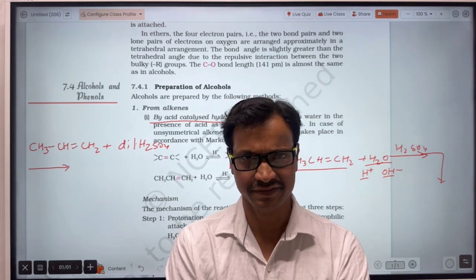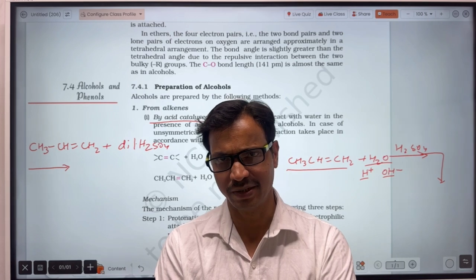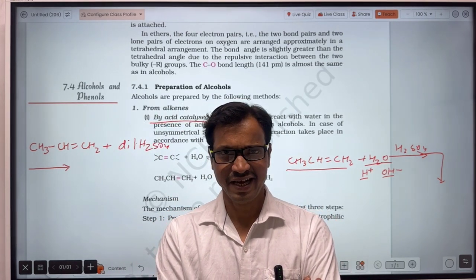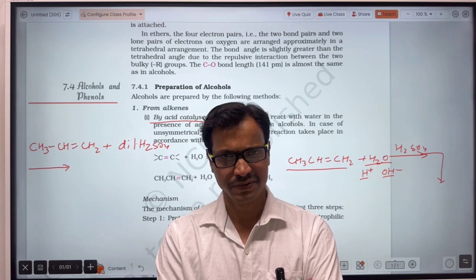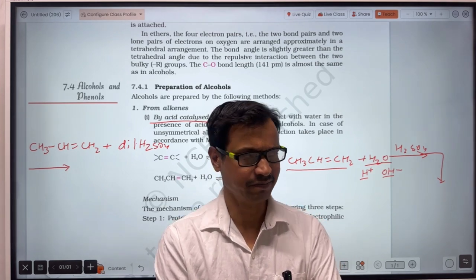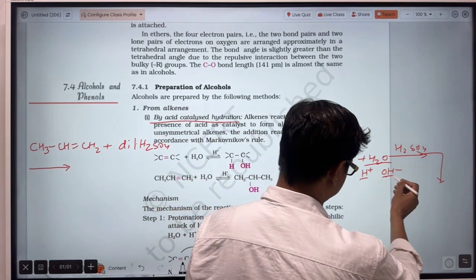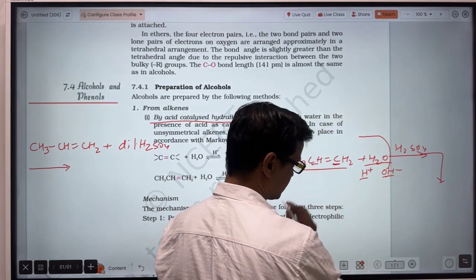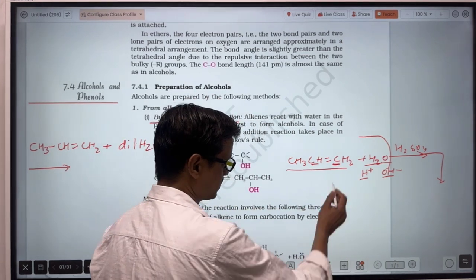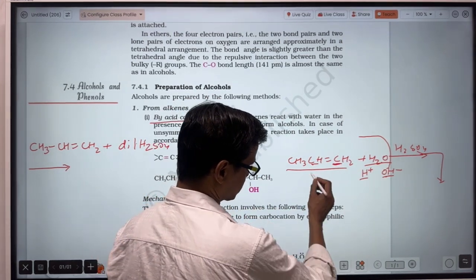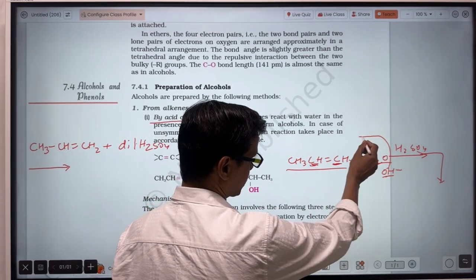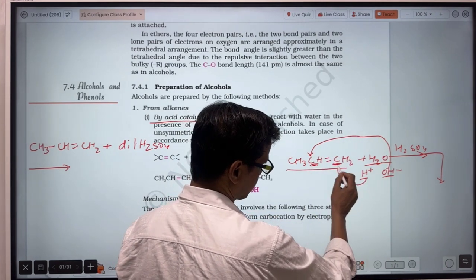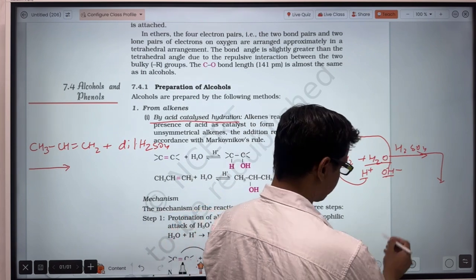During addition reaction of an unsaturated hydrocarbon, the negative part of the reagent will bond to that unsaturated carbon atom which contains fewer hydrogen atoms. So here OH minus is the negative part. Here this carbon is unsaturated and this carbon is unsaturated, out of which this carbon contains 2 hydrogens and this carbon contains 1 hydrogen. So that's why OH will bond to this carbon and hydrogen will bond to this carbon. So the compound will become